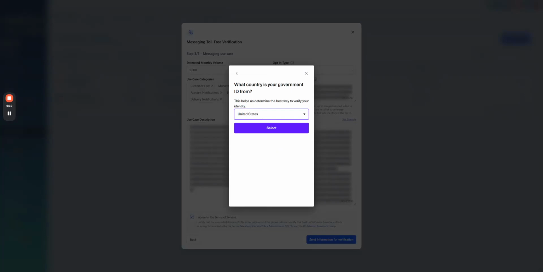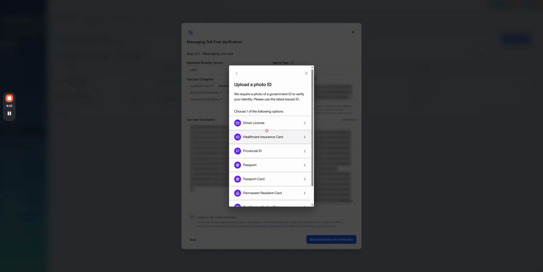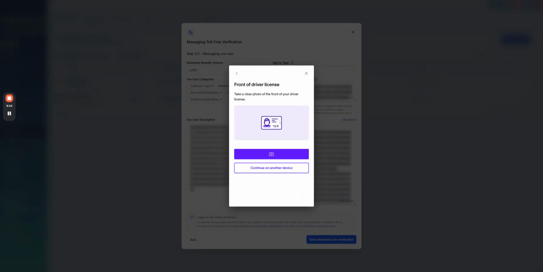I just continued since the information is not yet private. I'm going to put here that it's in Canada, and select. I'm going to choose driver's license, and take a photo of it. What I'm going to do is choose continue to another device.